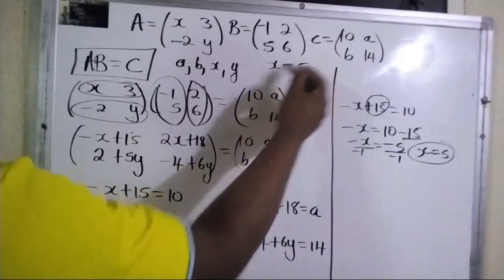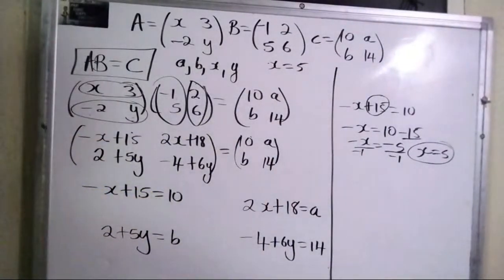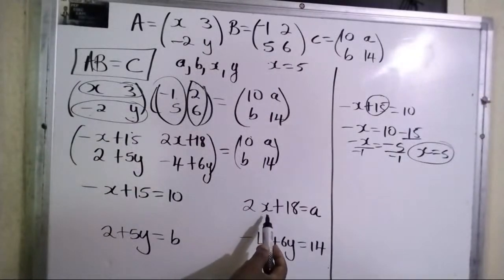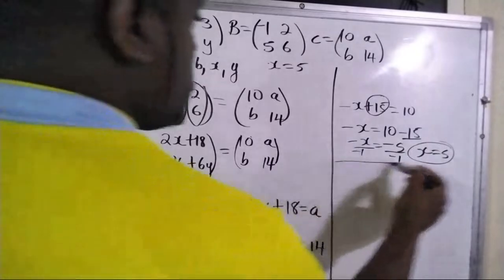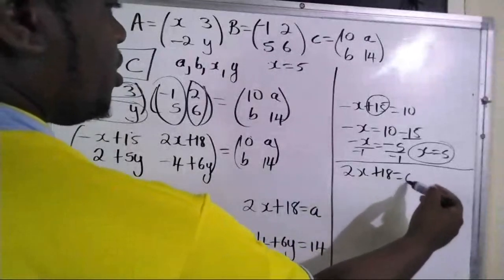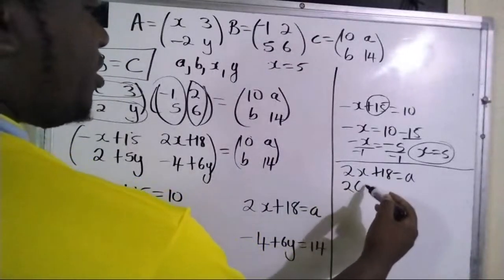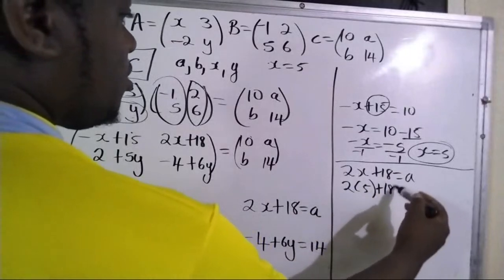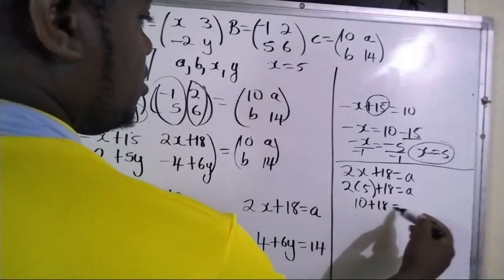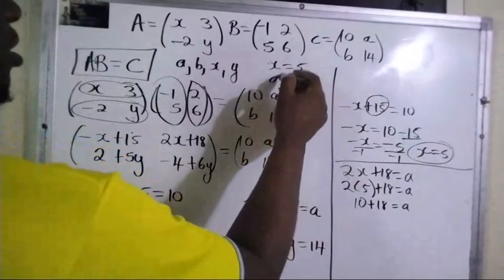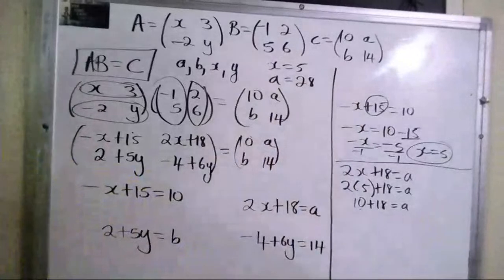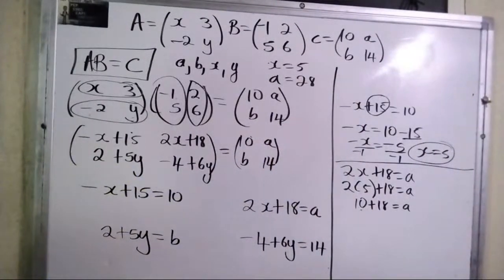There's no particular order. You don't have to find a first. Now we can find a because we can put x equal 5 in this one. So let's do that. We're going to say 2x plus 18 equal to a. But we know x is 5. So we put it there. So 2 times 5 is 10, plus 18 equal a. So therefore a is equal to 10 plus 18, that's 28. So we find 2 already so far, which is a